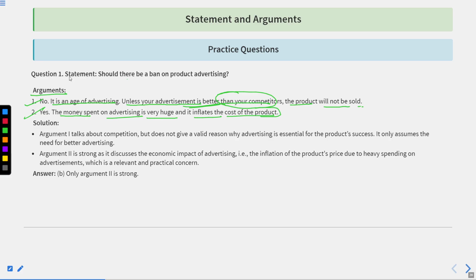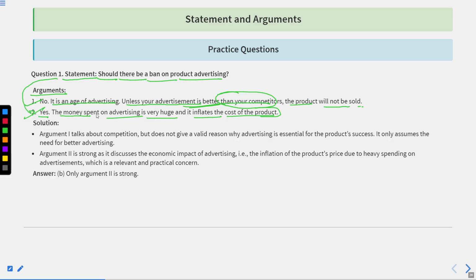layman or a citizen or a person who is watching anything or wants to purchase anything, how will he know that okay, this type of product is also available? Product advertising is only assisting the people to know what exactly our product is. But at the same point of time, when I read this argument,